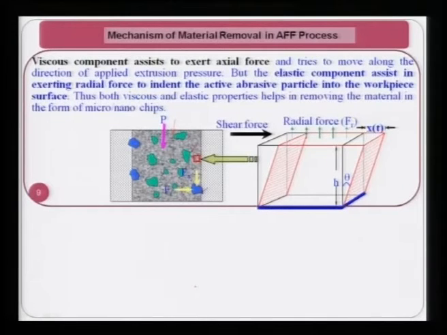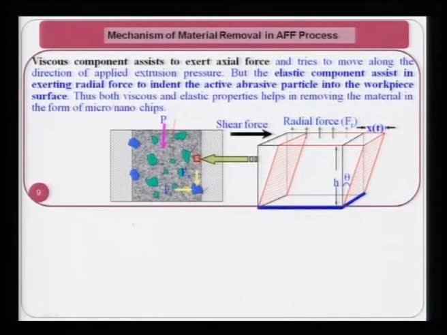Now what is happening, let me read it. This axial force tries to move along the direction of applied extrusion pressure, but the elastic component assists in exerting radial force to indent the active abrasive particle into the workpiece surface.